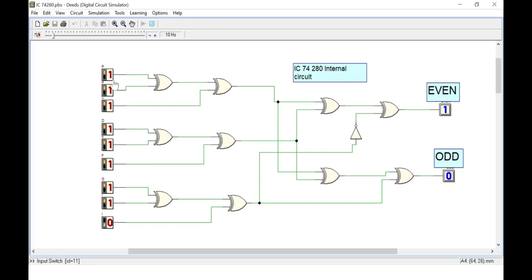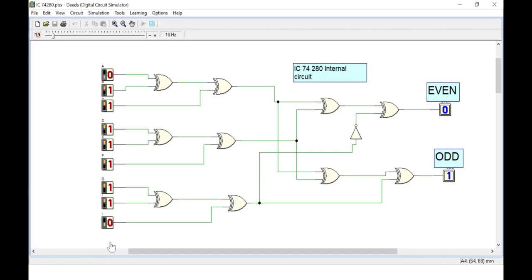If I make 1 bit 0, now if you look here, even output is 0. That means your data is not having an even number of ones. Since we are checking even parity, it's supposed to have an even number of ones. That means there is an error. So that's how you can check even output for checking the even parity of the given data along with the parity bit.